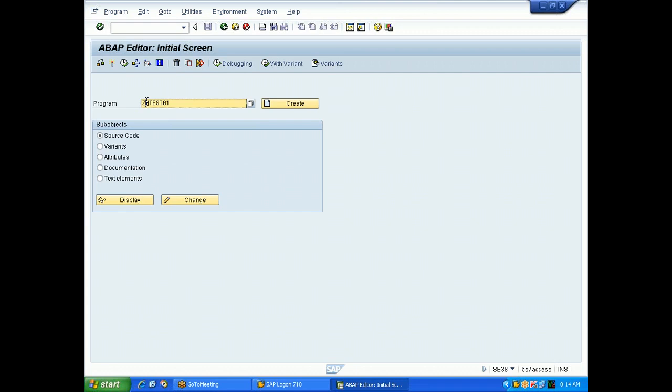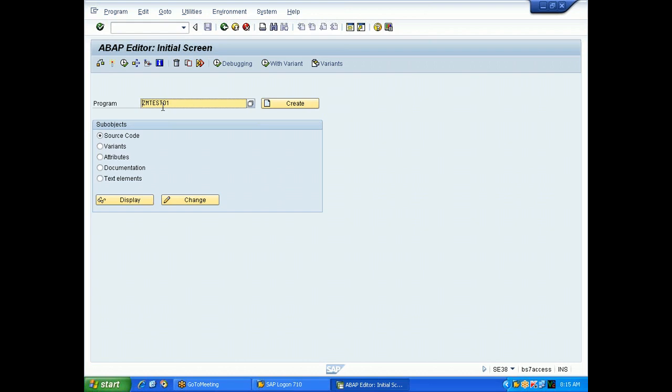SAP, these are the programs which will be created by ABAPers. The programs created by ABAPers other than SAP customers, the program name will start with Z or Y. There are some certain SAP standard programs also available. Those programs will start from either A, B, C, D up to X. Say for example, SAP is a package, right? SAP has already so many programs. Those programs start with A, B, C, D and so on up to X. Any letter it can start. But whatever program you are going to create, you must create with a letter either Z or Y.